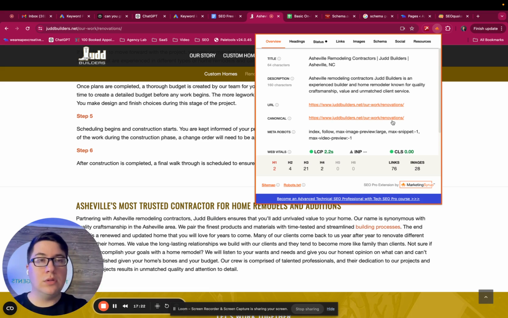That's an internal link to those pages. And we're going to talk about how to really optimize that and what we want to go for with internal links. But that is in essence what that's going to be.